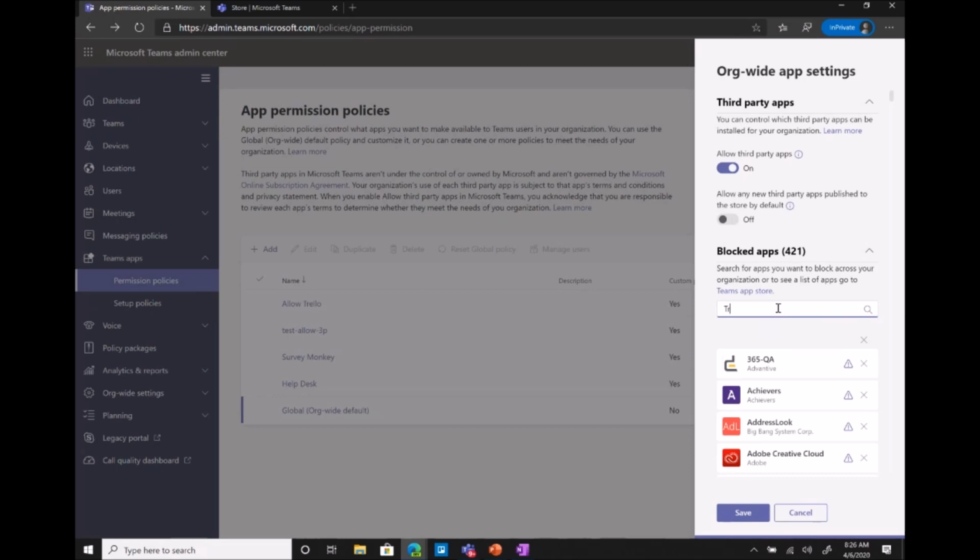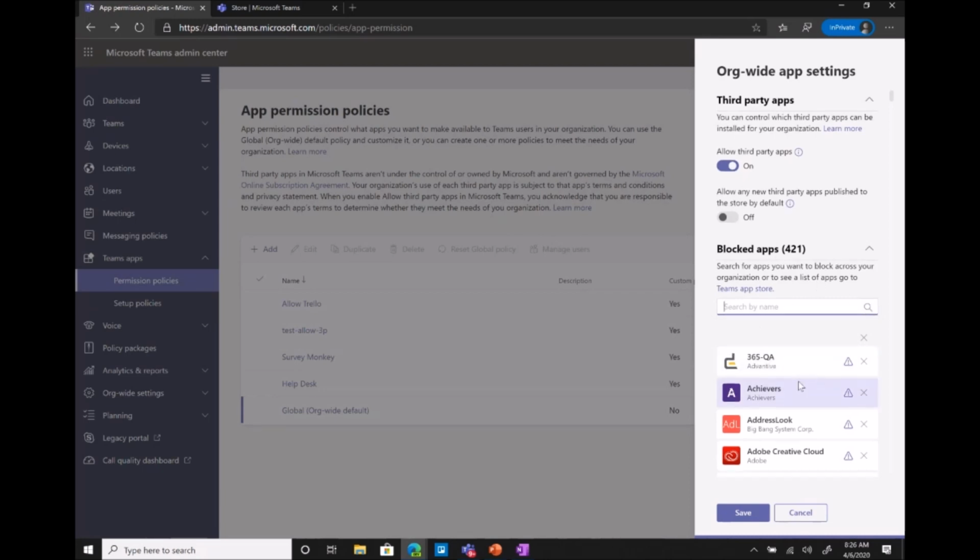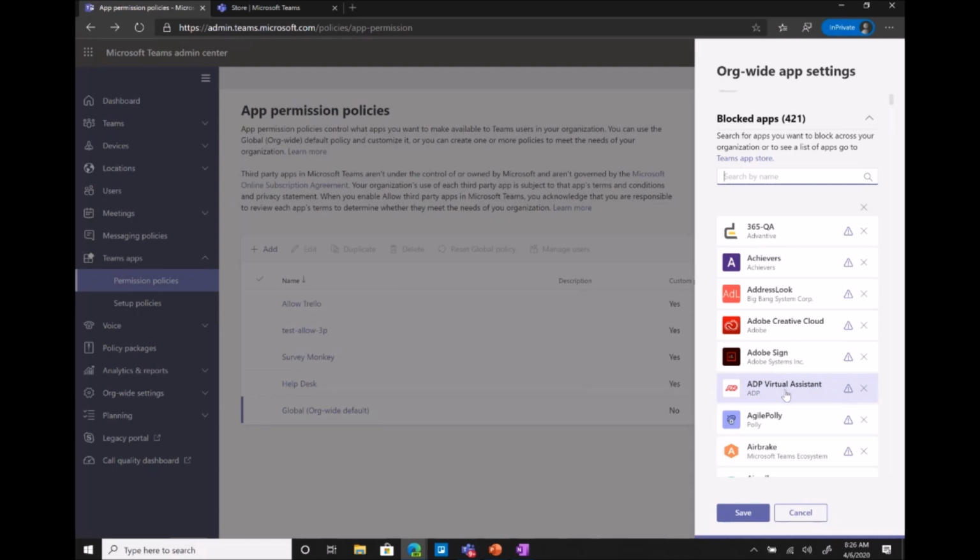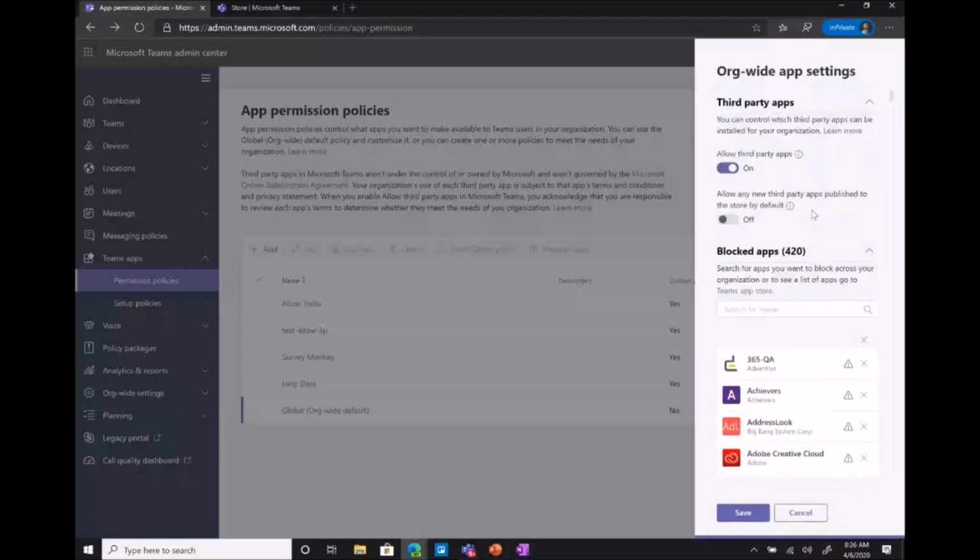I search for Trello. Trello is a bad example, excuse me. Maybe we can pick something like ADP, right? So let's take ADP and remove it from the blocked list of apps